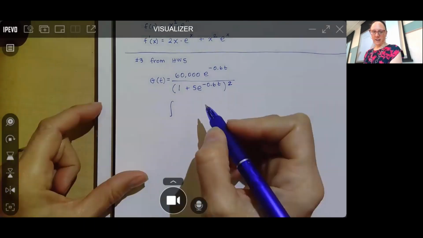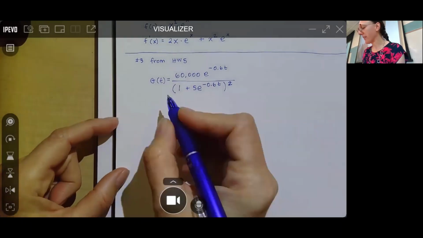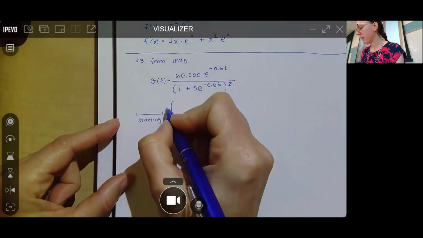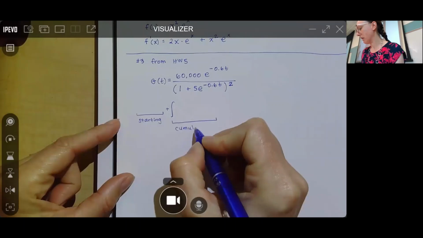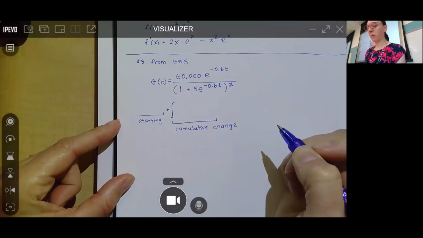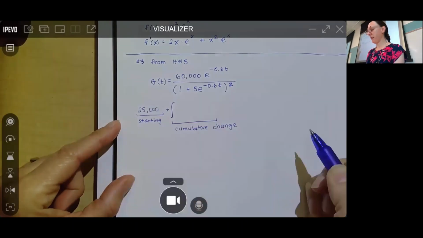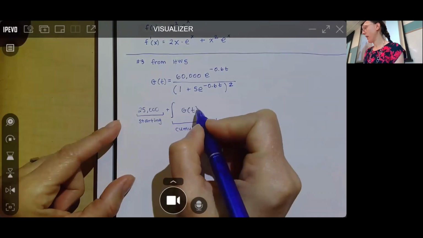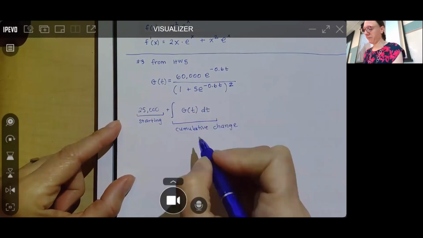and we wanted the predicted biomass in 2020. So I'm really looking at this as the starting biomass plus the cumulative change part. And we were given a starting biomass of 25,000. And then that cumulative change is going to come from us looking at that growth rate from